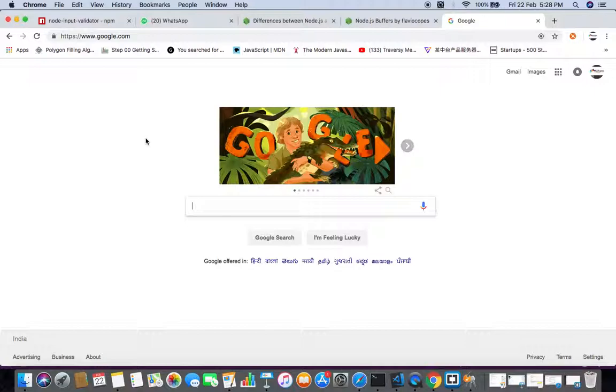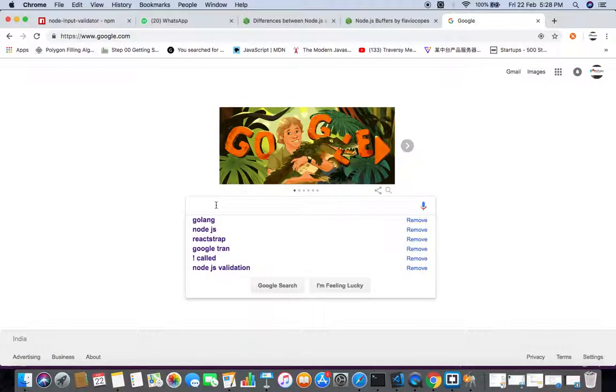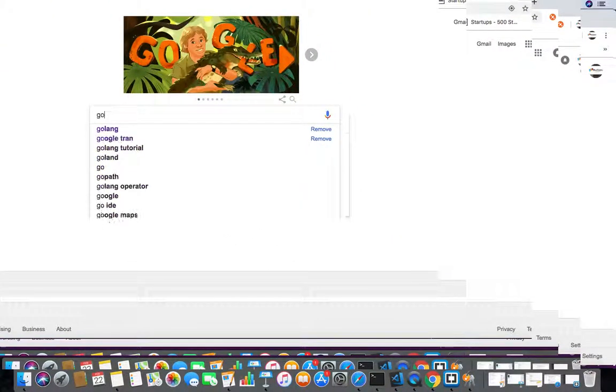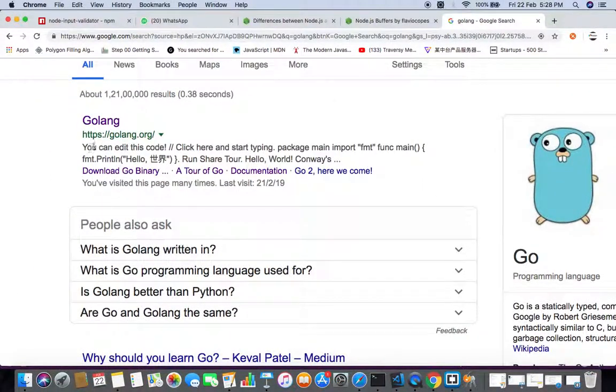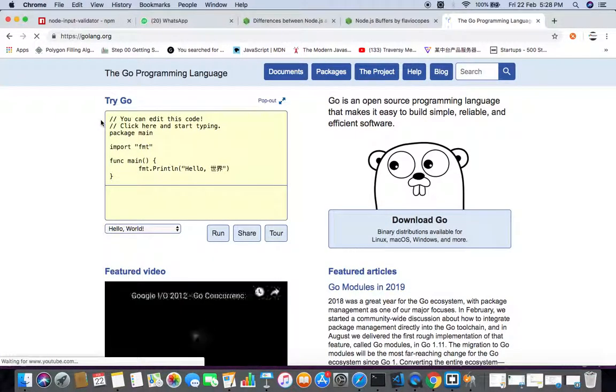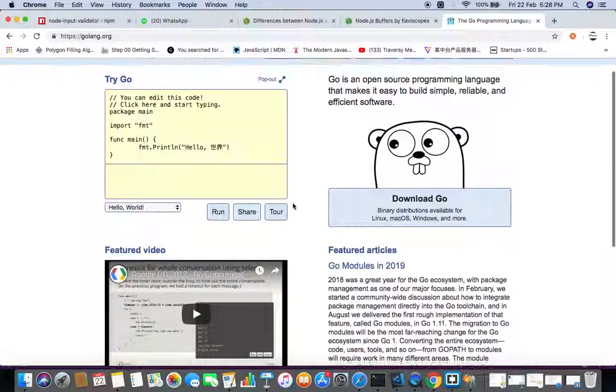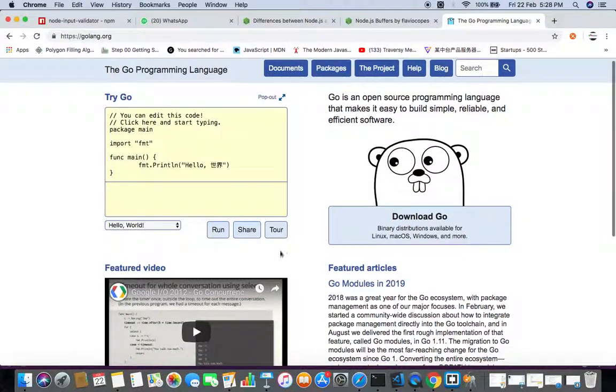So in this lecture, we are going to discuss what is Go language and how to print hello world program using Go language. Just simply search Golang, and then you will get this first link. Click on this Golang and you will get this type of interface. Just click on the download Go